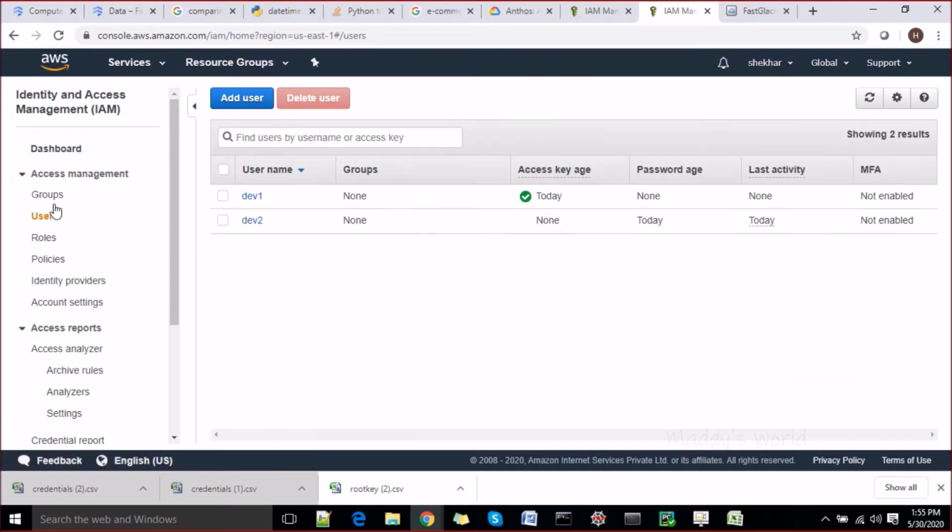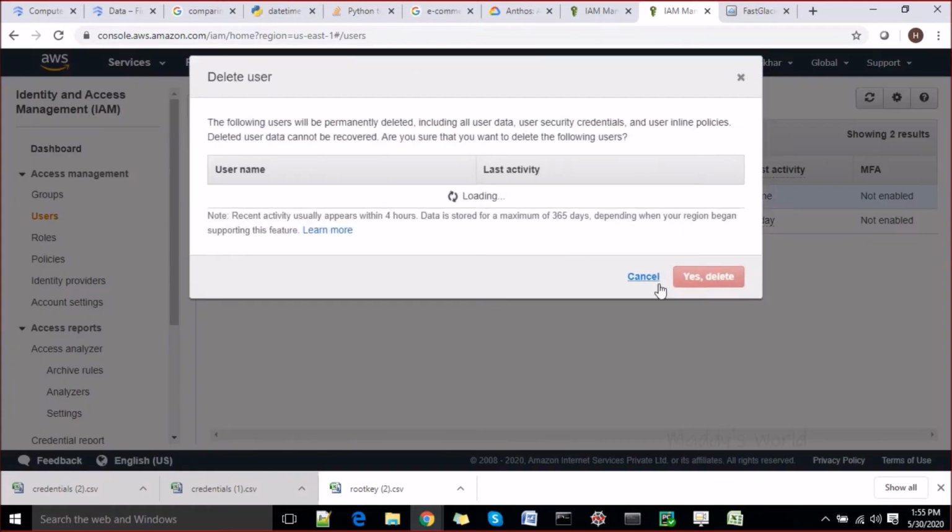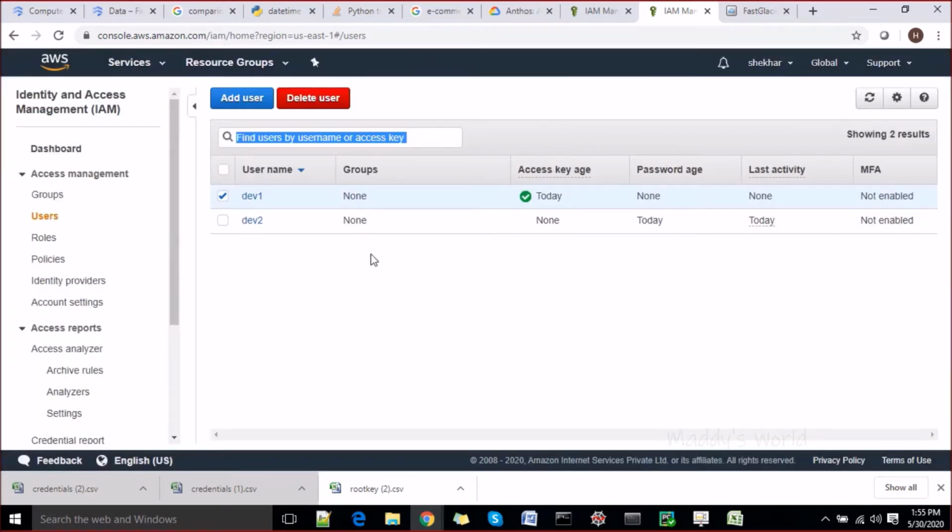So let's talk about groups also. We have talked about users. Let's delete the user deb1 and keep deb2 itself. Let's keep this also, no problem. So let's go ahead and create one group.